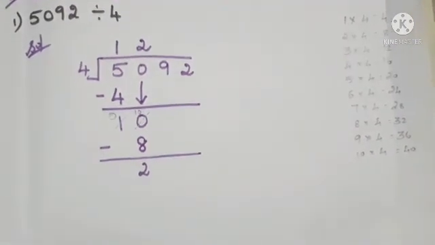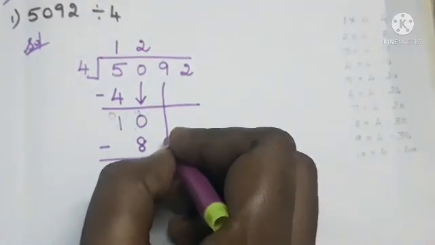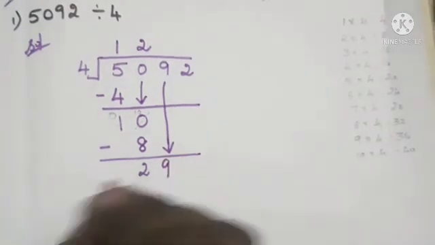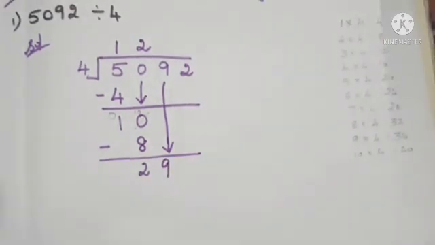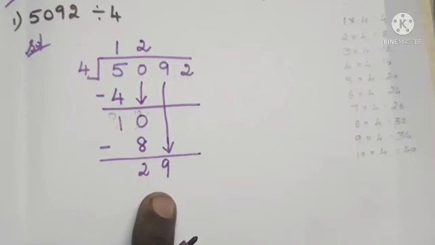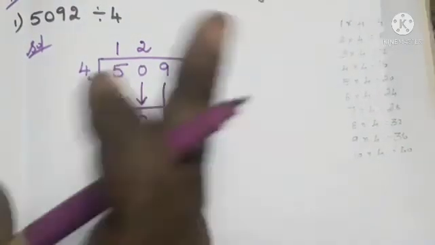Next we have to bring the tens place value down. So the tens place value we have is 9, isn't it? We have 9, so we can write the 9 in the tens place. So now we have 2 and 9. It will make it as 29, isn't it, ma? 29. So next we have to check it in the fourth table. Do we have 29 or less than 29? We have to take it.